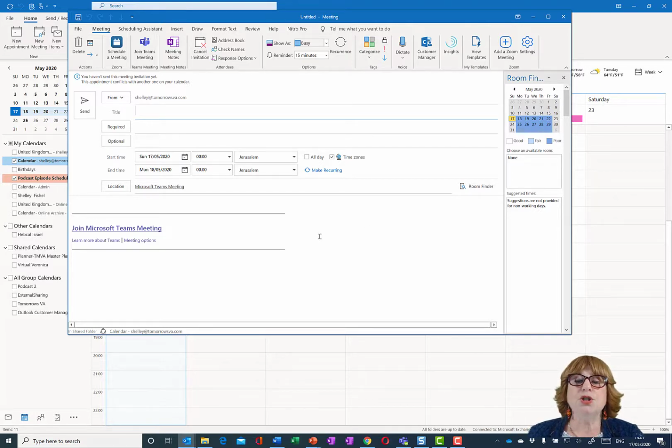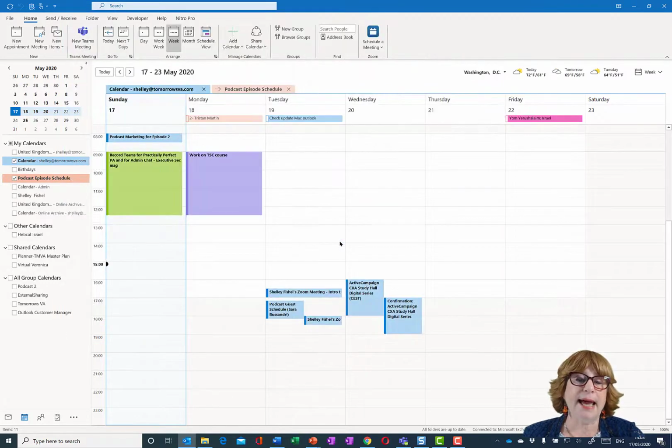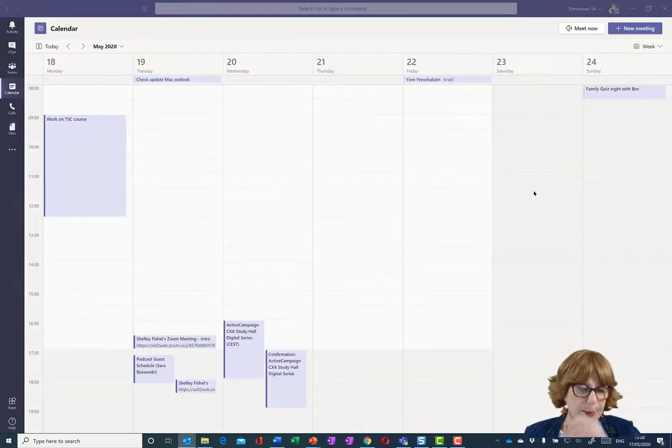There are some other things that you can do with this meeting in the meeting options, but now is not really the time to go into all of that. This is just an overview session. So from here I can say it's from Shelley at Tomorrow's VA, or it's from my Gmail account. I'm going to keep it at Tomorrow's VA, and I can send that meeting off to whoever I want, and they would just click that meeting and they would be able to join either inside of Teams if they're running Teams, or on the web, because I forgot to mention there's also a web version, which is rather handy. So that's how I can schedule a meeting from somebody else's calendar. So let me just pop that out the way.